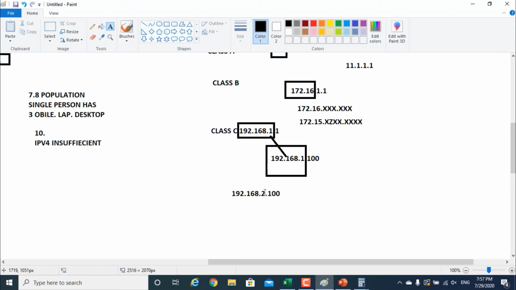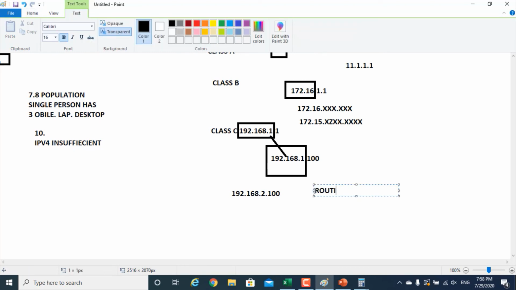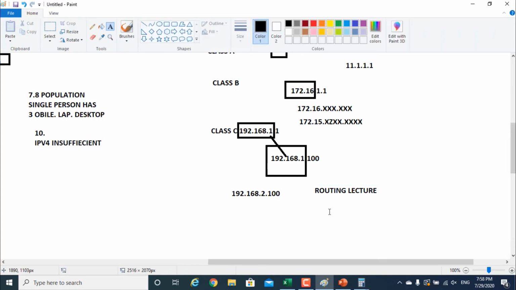How you will ask and how he will give you the information to go to 200, guys, that is our routing lecture. Okay, routing protocols or routing lecture. We will understand this in our routing after finishing our IP addressing, how to go to the networks which are not in our same subnet. Okay, so